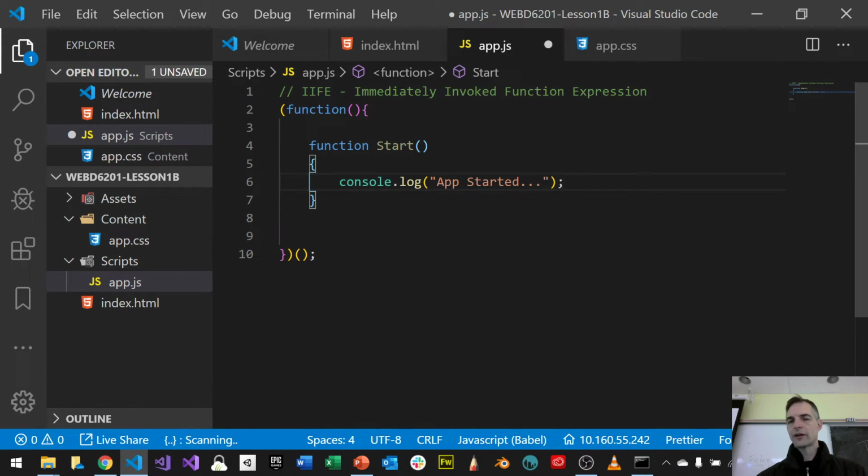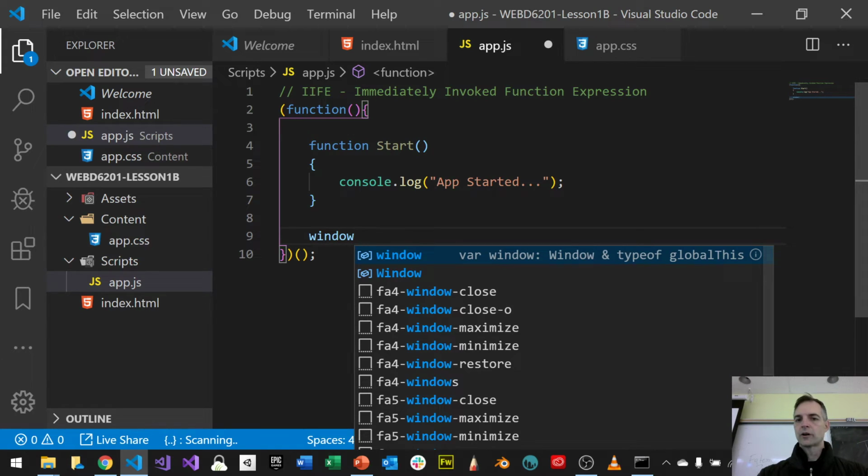We're going to talk about where that console is. It's not the console that we've been using, the command prompt. It's the browser, right? And I'll show you where that is. And then down in here, kind of like on line 9 around, I'm going to put window. We're calling the window itself. This is the actual browser window. Window, that's the browser object, the window object, right? And then type in dot